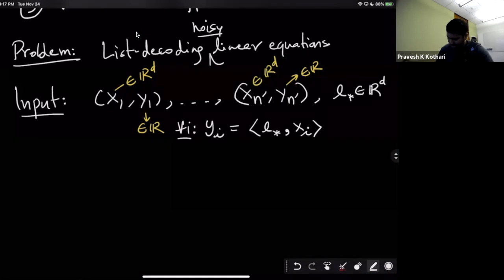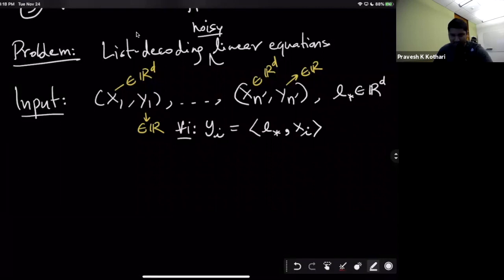And suppose I gave you this bunch of equations, and I asked you to calculate L star. How can you do it, or can you do it? I have begun my round of silly questions. So this is the first one. Who wants to go ahead and tell me whether this is an easy problem or a hard problem?